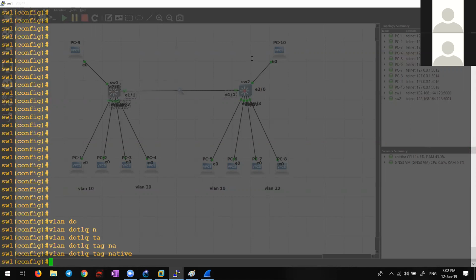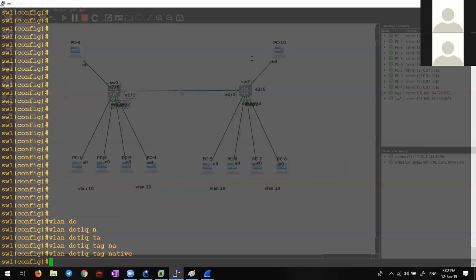When it is taken by which VLAN? VLAN 1. It is still VLAN 1. All the ports are part of VLAN 1. Only the ports which we have made manually into VLAN 10 and 20 are made into VLAN 10 and 20. So if I connect a new switch to the switch, it will be part of VLAN 1.